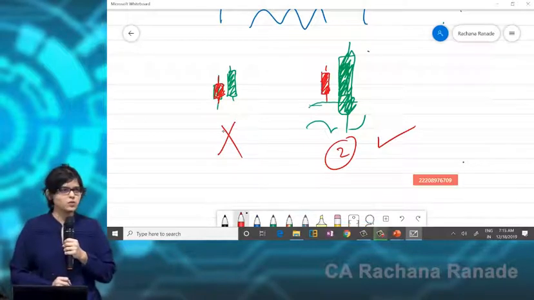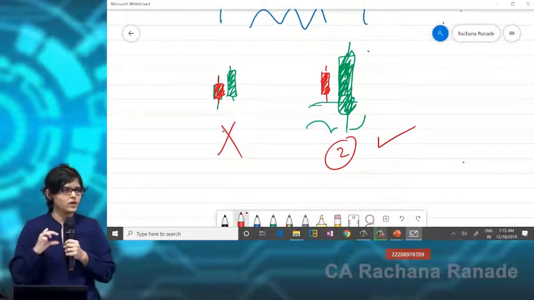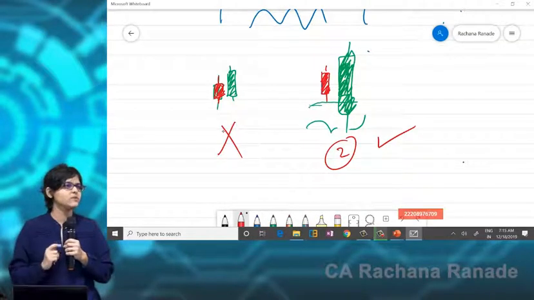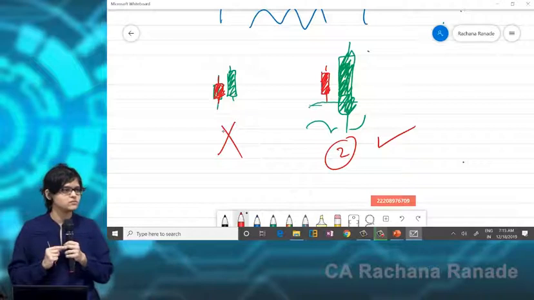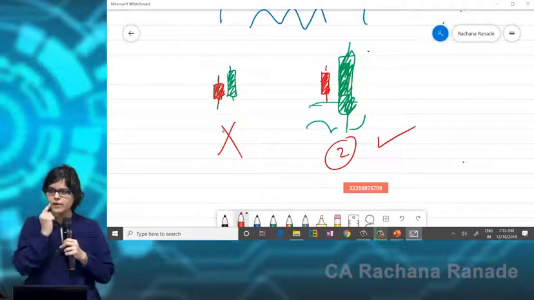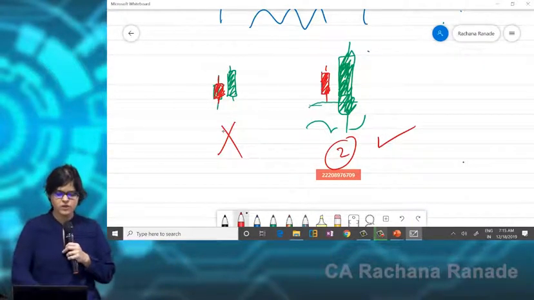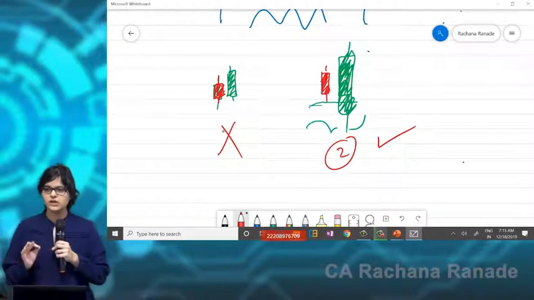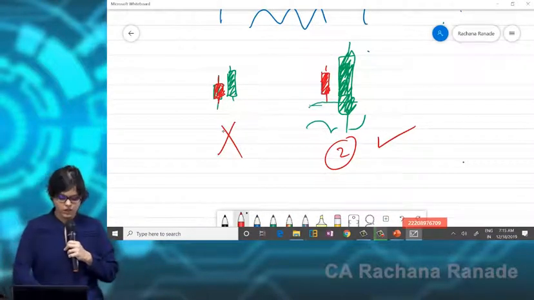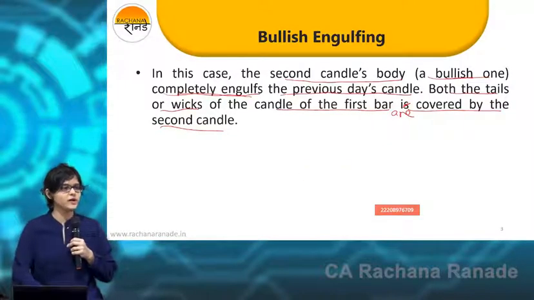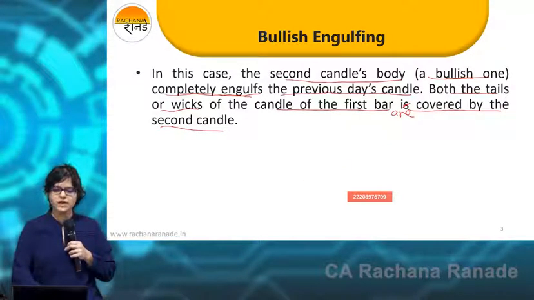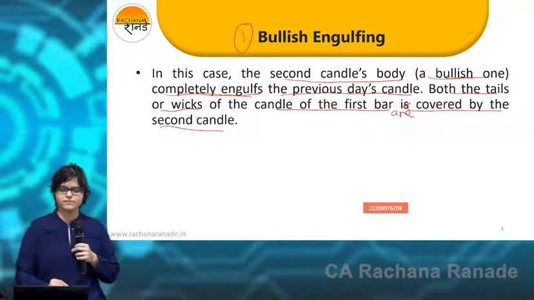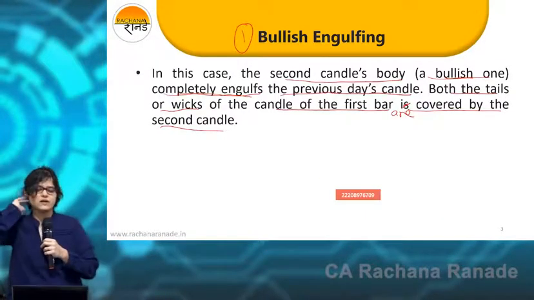Is this understood? So what we are going to do is write down a one-liner for each type of chart, and draw this if I recommend it, so you'll understand it better. So write down the important point: the second candle is bullish. In the bullish patterns, the very first point you are going to write down, which type of candle? Bullish engulfing candlestick. That is the name of the candle. Number 1. Bullish engulfing candlestick.